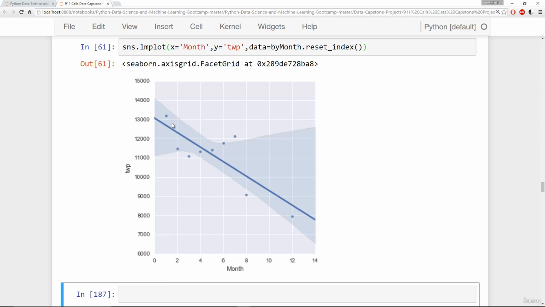And there we get the linear model fit. And we can see that generally, as far as what Seaborn plots out in this model, the number of calls goes down from 0 to month 12. Now keep in mind, Seaborn doesn't have enough information to realize that this is by month, and so that 13 and 14 shouldn't actually exist or continue. This would actually be seasonal data, and in that case, probably a linear model isn't actually the best fit,